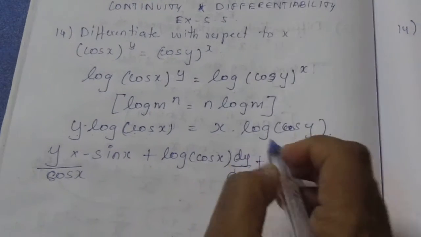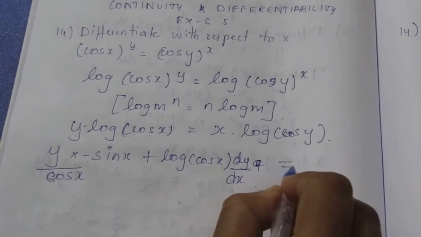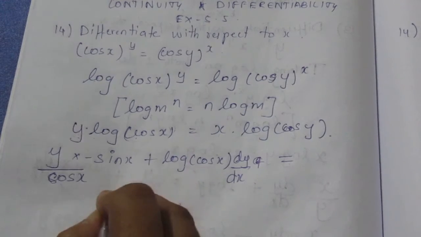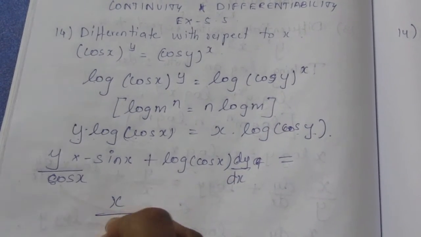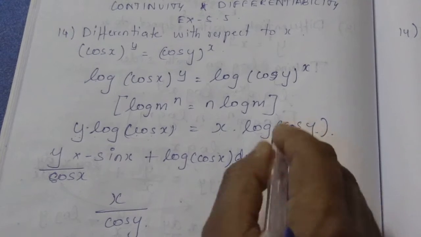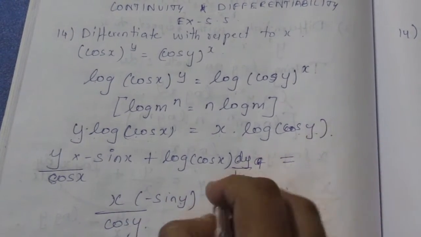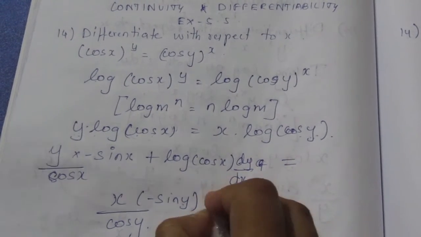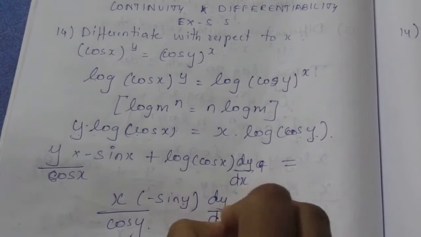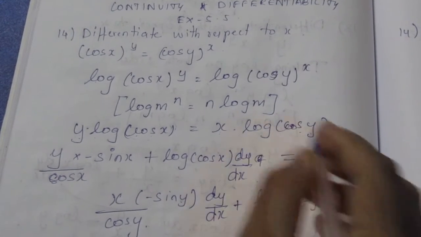The same way plus, here we are going to differentiate, equal to, here we are going to differentiate, keep x as it is, differentiate log cos y is 1 by cos y, and inner function differentiation for cos y it becomes minus sin y, and also for y we need to differentiate. Don't forget that because the variable is different, we need to write dy by dx. Plus keep this as it is, differentiation of x is 1.